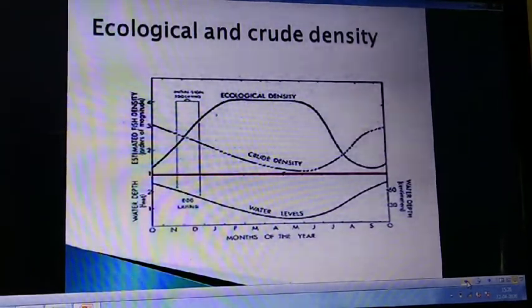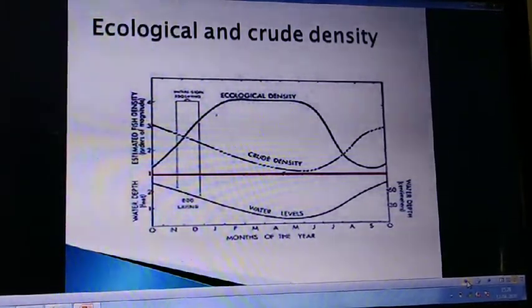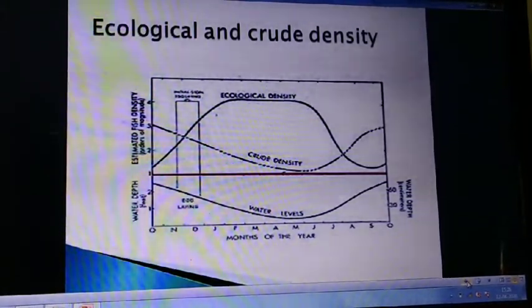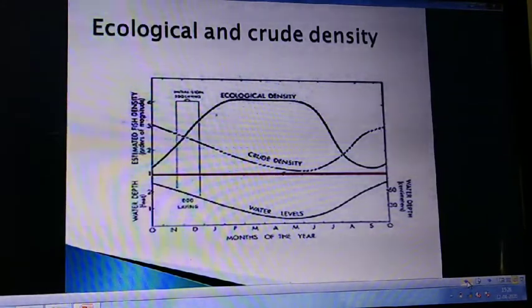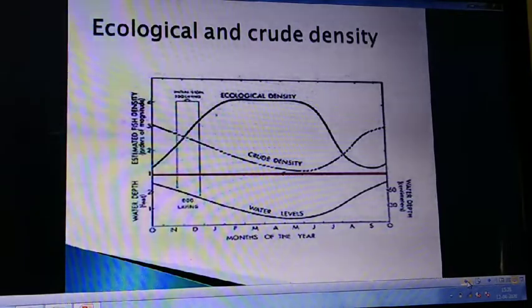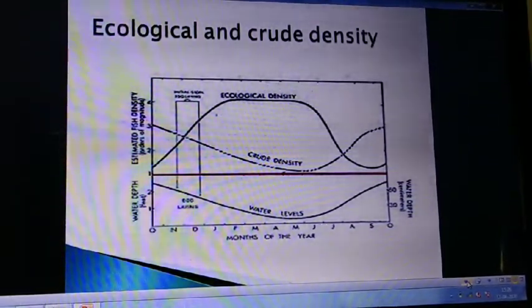Now as you can see in the graph, crude density and ecological density are two different things. Crude density is just the number of individuals in the space occupied by the individuals, whereas the ecological density is the number or biomass of the individuals occupied by that particular species in its microenvironment where it is living,